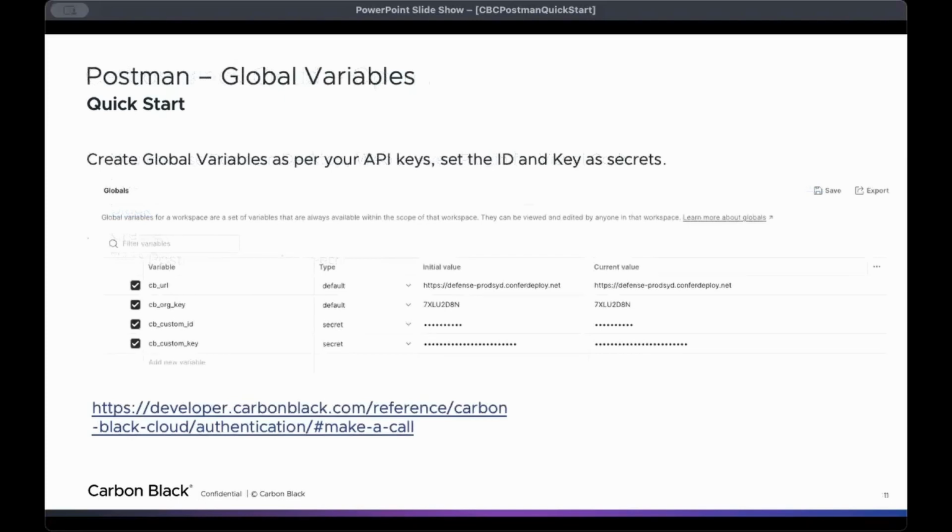The first thing I like to do is create the global variables as per the API keys that you noted in that text file. So I set the IDs and keys as secret. As you can see in my example, for security, even though you see my keys already, I've created that as secret. So you create the CB URL, CB org, CB custom ID, CB key as global variables. And then